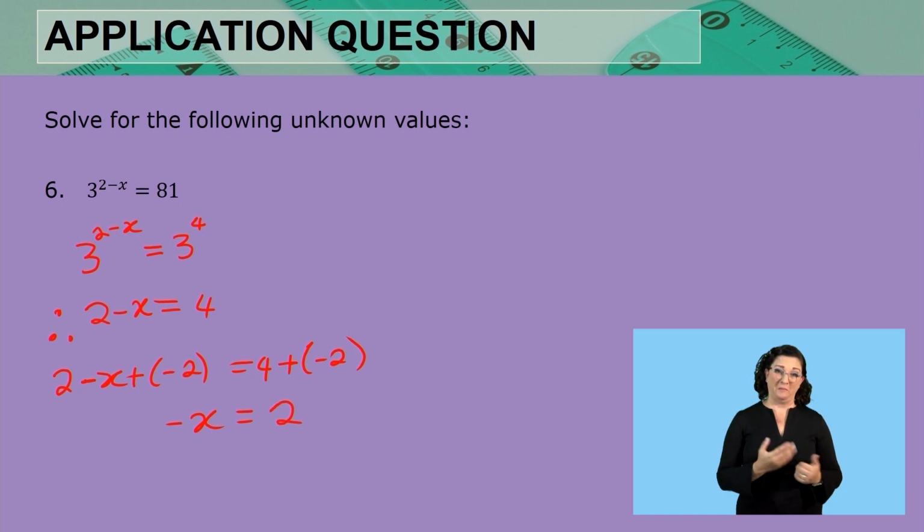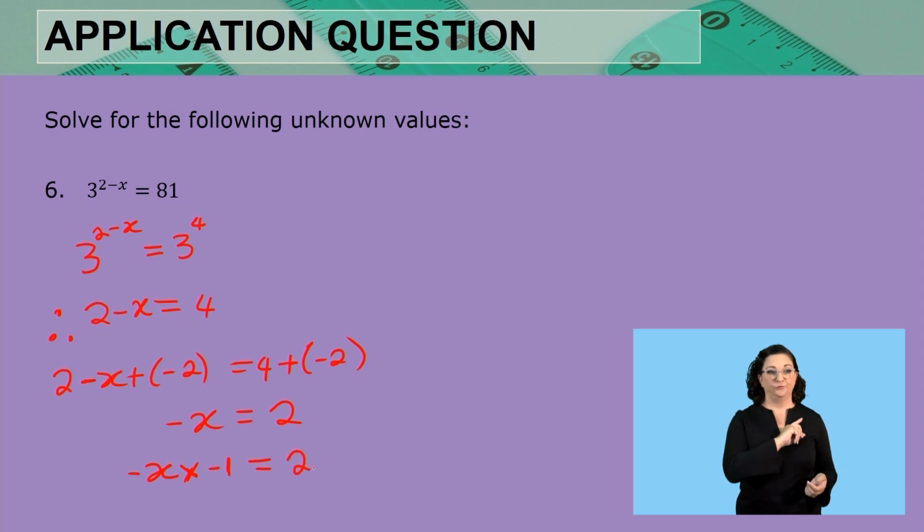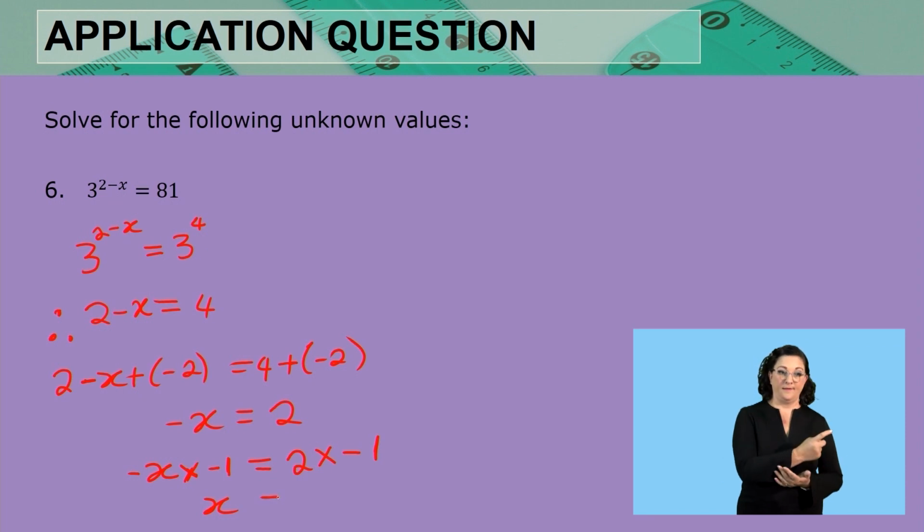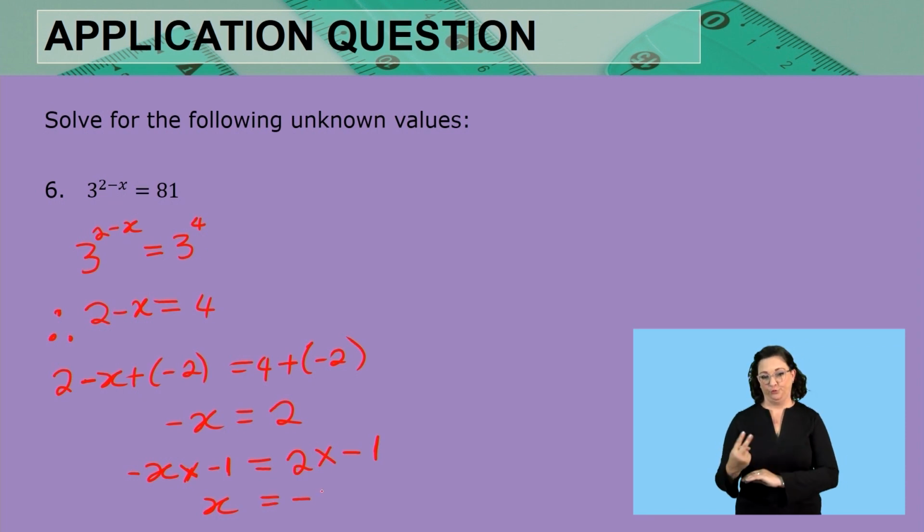And we can't leave our unknown value as a negative there. We need to know the value of x and not negative x. So how do we get our x to be positive? We are going to multiply by negative 1. Remember, multiplying a negative with a negative will give us a positive answer, and multiplying any number by 1 does not change the value of that number. So even on the right-hand side, it's going to be a 2 multiplied by a negative 1. That means our answer is going to be x is equal to a negative 2. And that is our answer for that